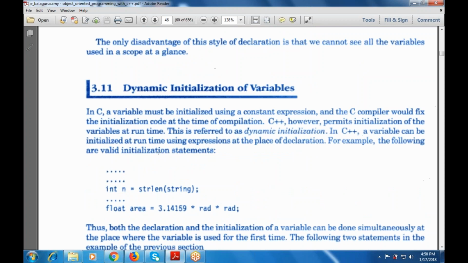Next is dynamic initialization of the variable. Dynamic means at the runtime, at the execution time. Dynamic initialization means we permit the initialization of the variable at the runtime. The variable is initialized at the runtime using expressions at the place of declaration. For example,